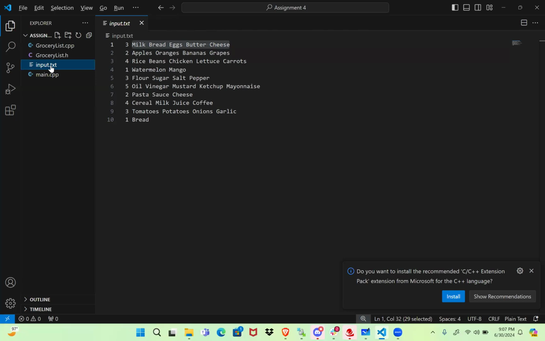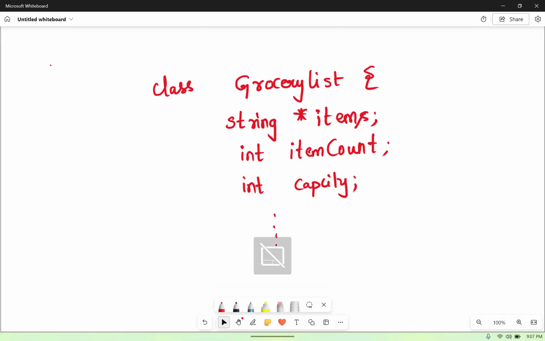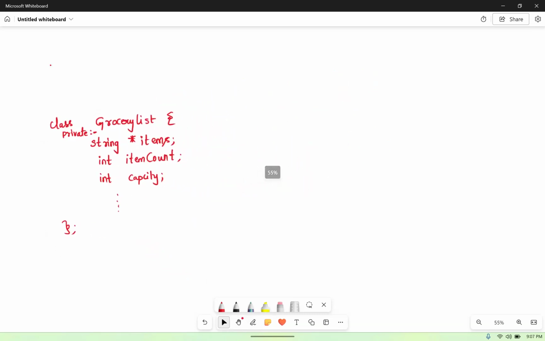items like milk, bread, eggs, butter, and cheese. So let me write them. So these are all the members of the class. Remember, they are in private scope. And let's say this is the definition of the class pretty much. Now, what are the things that we'll be doing in main.cpp is,